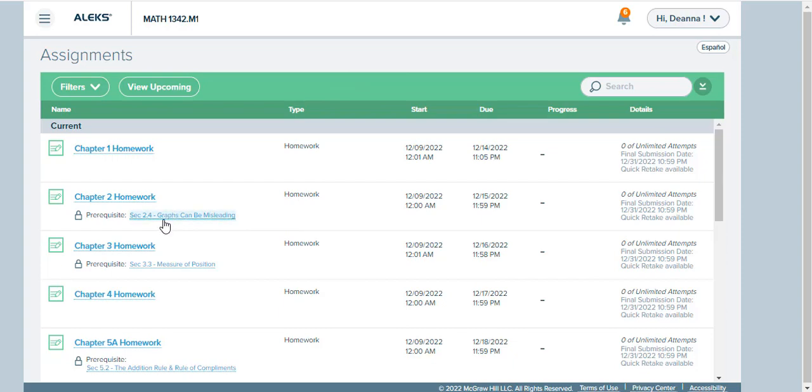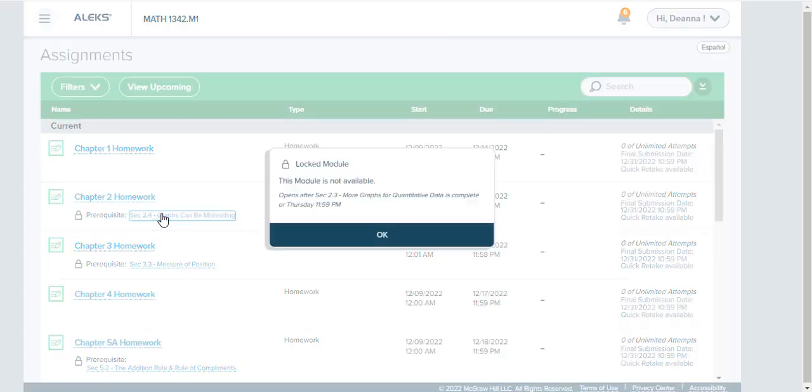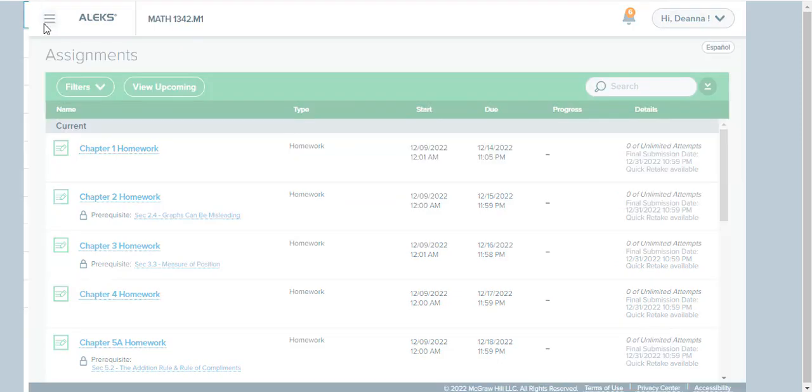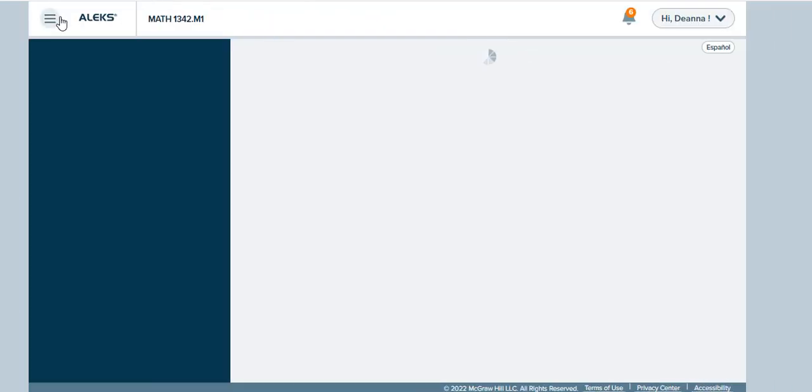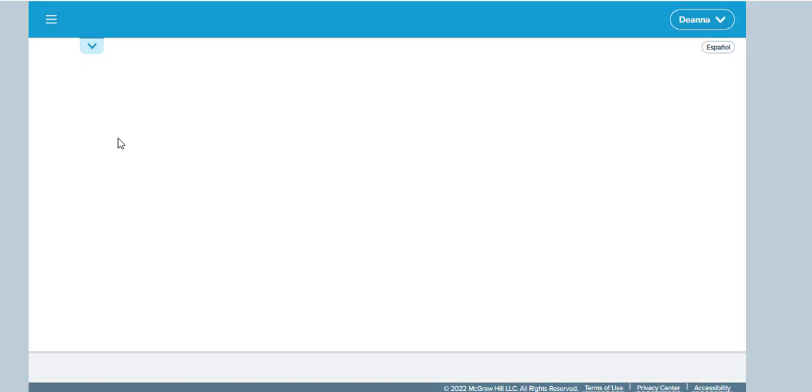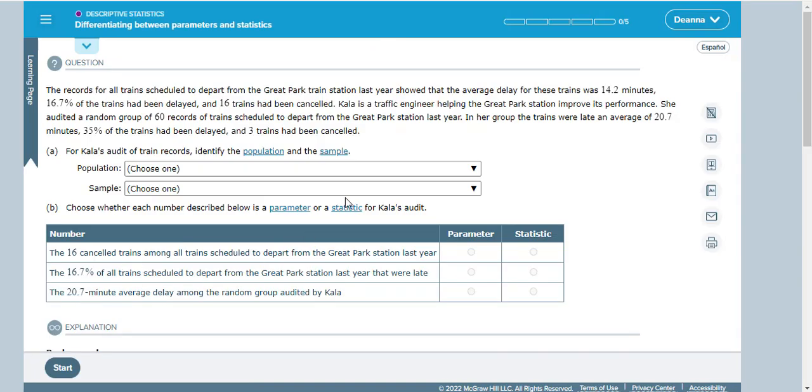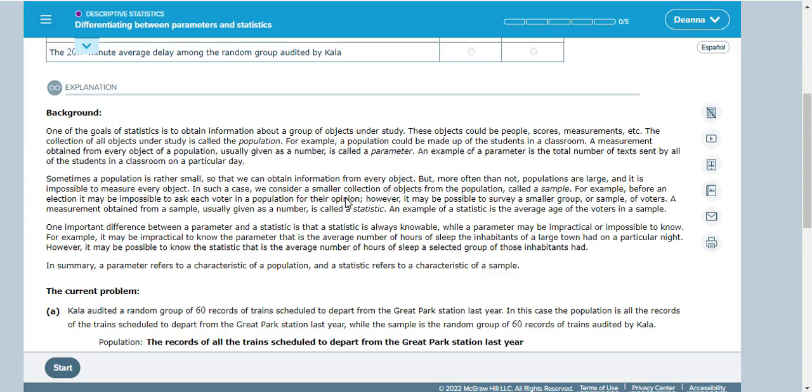Some assignments do have prerequisites, so that means that you'll have to complete that prerequisite, and you can't do this prerequisite because it also has a prerequisite, so you say okay. So the best thing to do is to go back to the home screen and click Start My Path. The first screen that opens up is kind of like a lesson. It's a practice page. Don't spend time working on the start page.